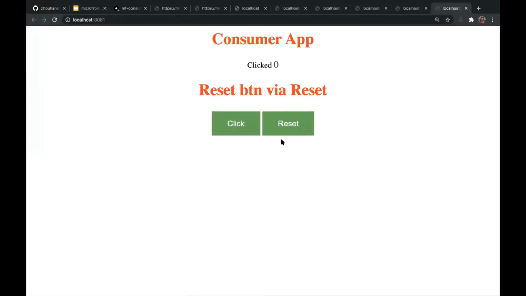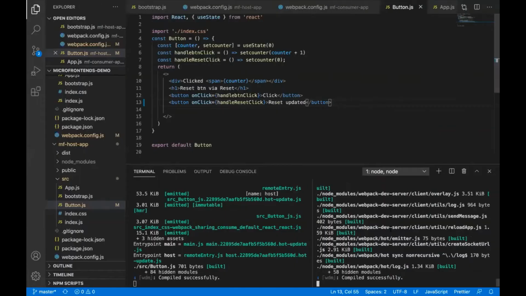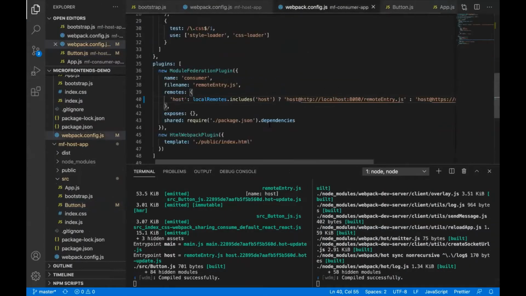As in production, we have this reset button without any updated text. So it is now pointing to the deployed production version. And if you pass it with a variable, as you have applied this condition, it will look for localhost of the host application. So this is how you will work if you are working locally. You can put these conditions over here. So this is pretty much what I wanted to cover.